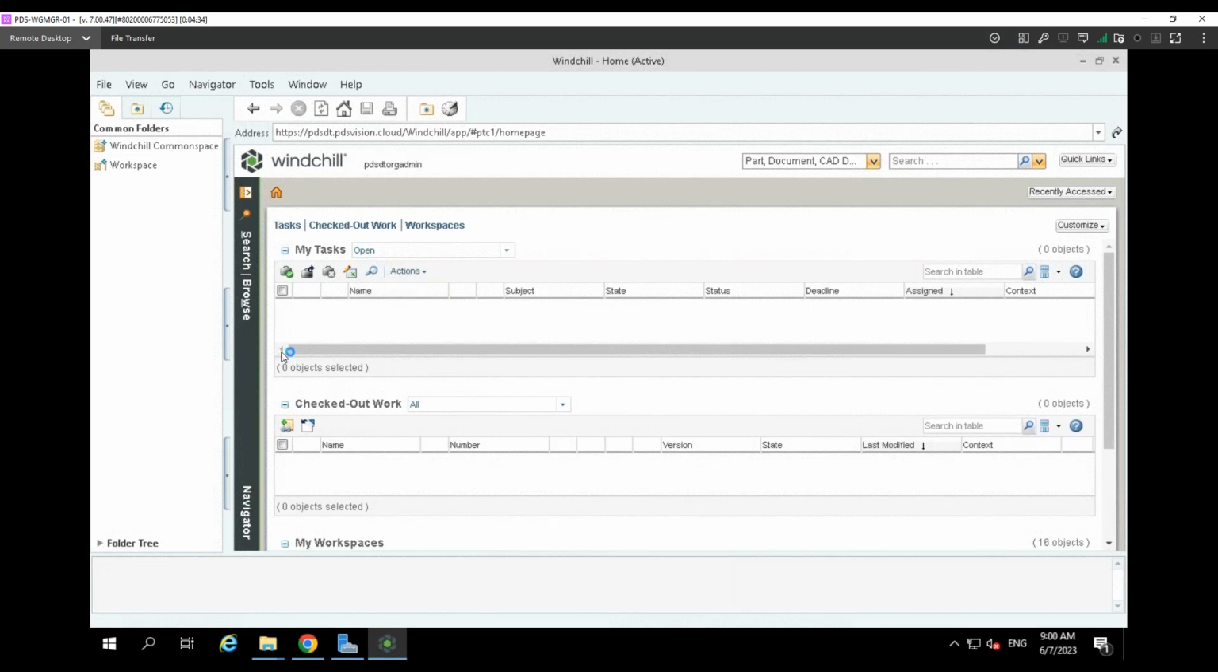And if your system is set up with your company email system, you'll also receive an email that says there's a task that you need to approve. And then the checked out work, it's exactly that. It will show everything that has been checked out by you, that you're currently working on. This gives me quick access to this information, and I can quickly open it in SolidWorks and continue